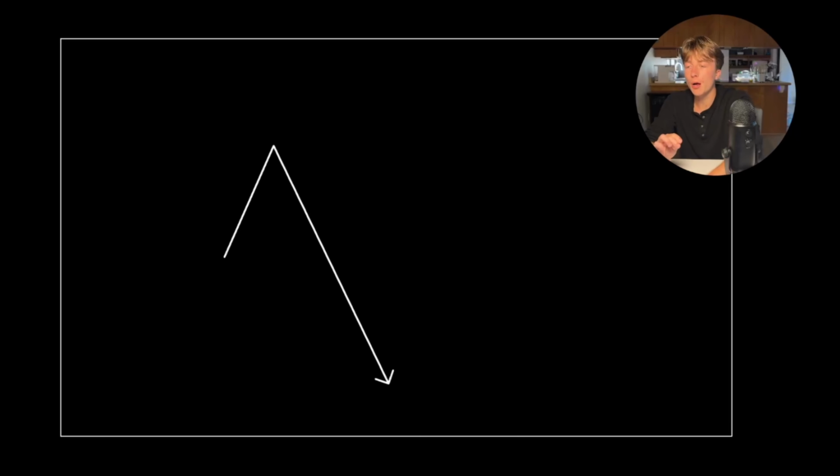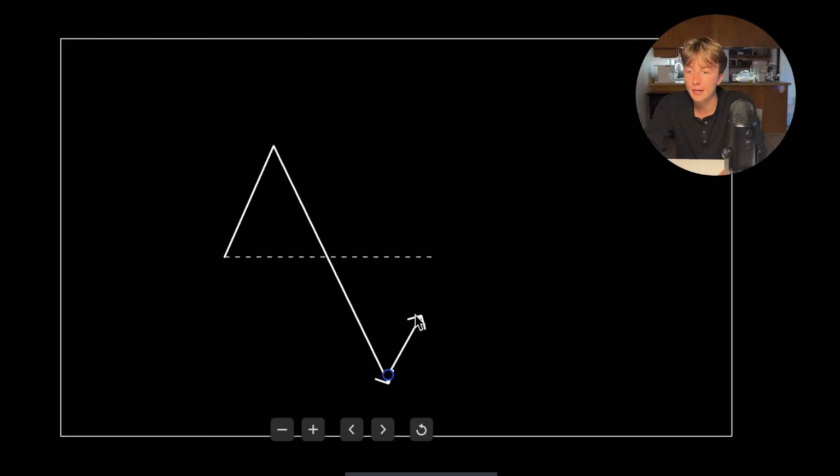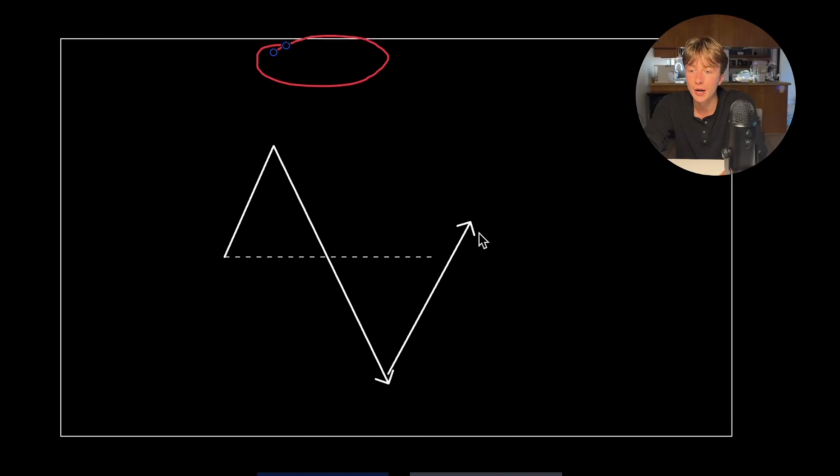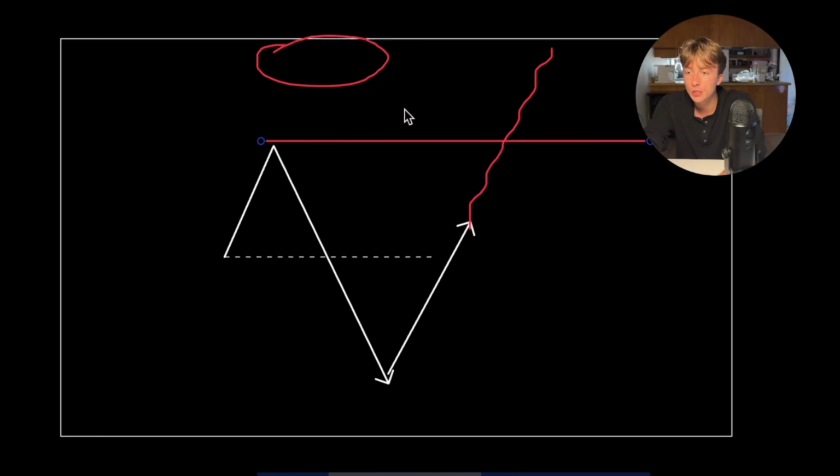So remember, breaker blocks are either lower low, higher high, or higher high, lower low. So here is a low, and essentially once this low is swept, we get a lower low that is created. And once it starts running up, if whatever target that you're aiming for is somewhere above the high, then you're expecting there to be a higher high, right? You want the market to draw up above this high into the target, right?